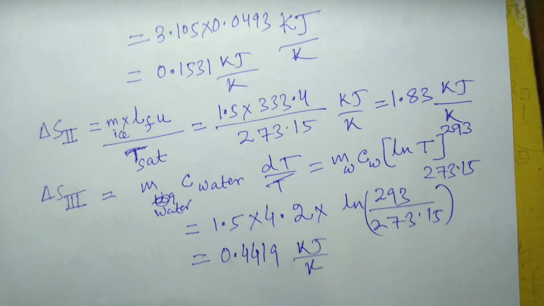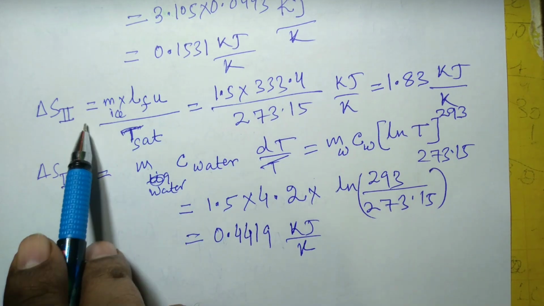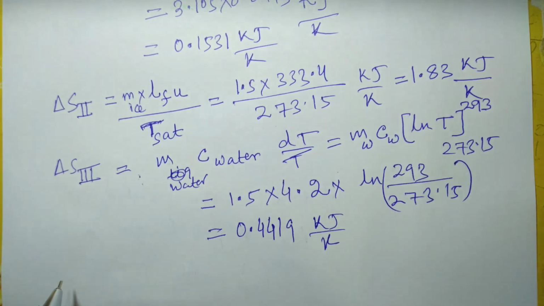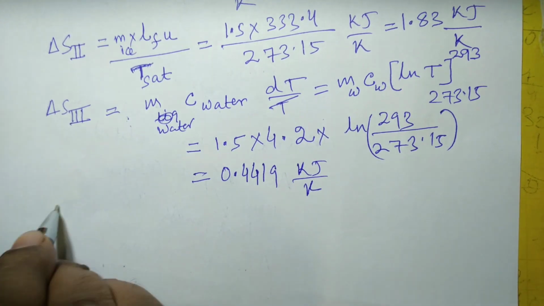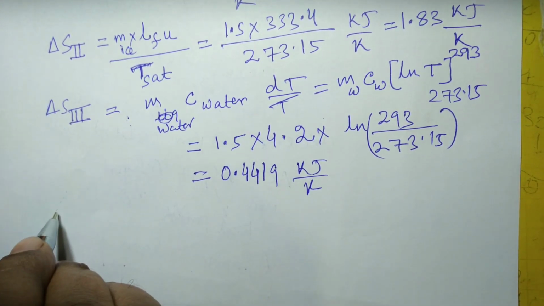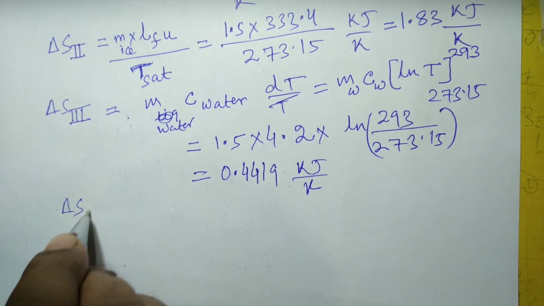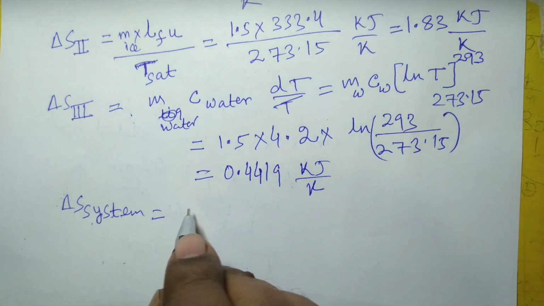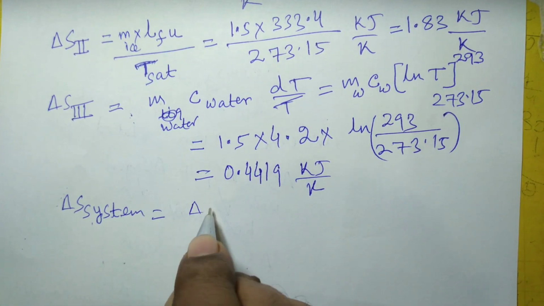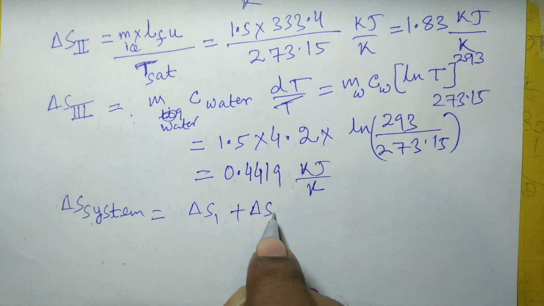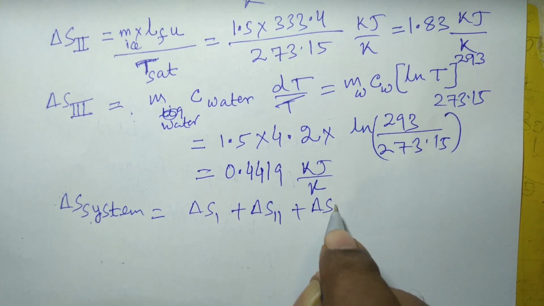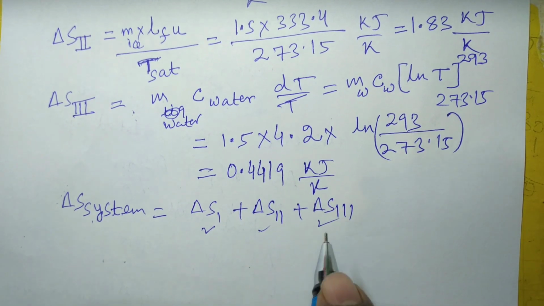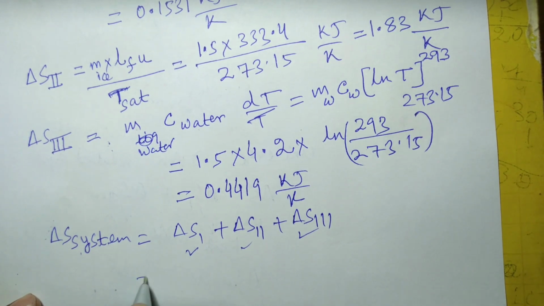So now on adding these two terms, delta S1, delta S2, delta S3, you will find the change in entropy of system. So delta S system will be, that is ice, delta S1 plus delta S2 plus delta S3. This is the change in entropy during the first stage, this is during the second stage, and this is the third stage. So on adding these three terms,